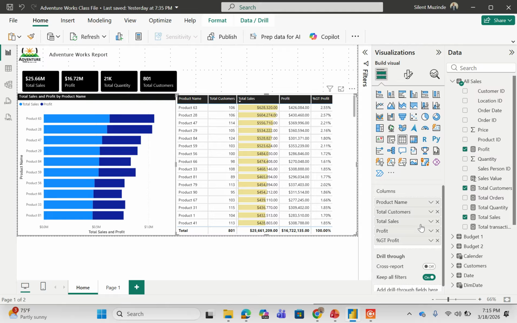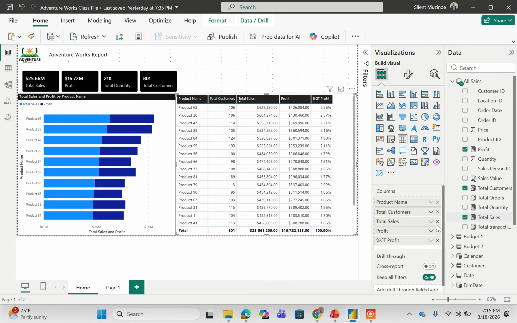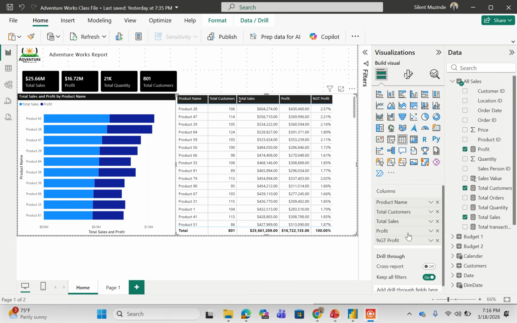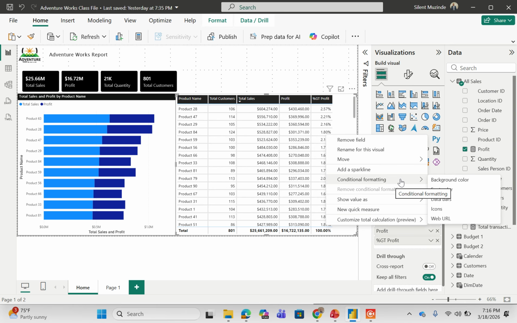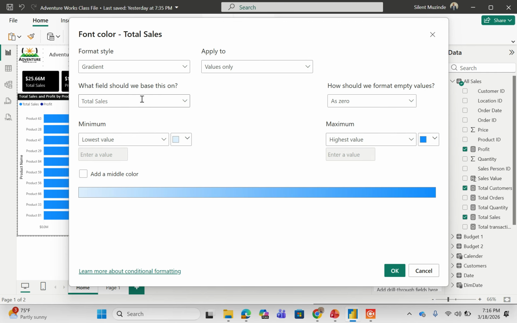And you can also do things like, let me try to remove that. And to remove conditional formatting, you go on that one again, you say remove conditional formatting, then you select the type that you want to remove. Background color or a font color, but here I'm going to configure font color, right? So if you need that, you go on conditional formatting, you select